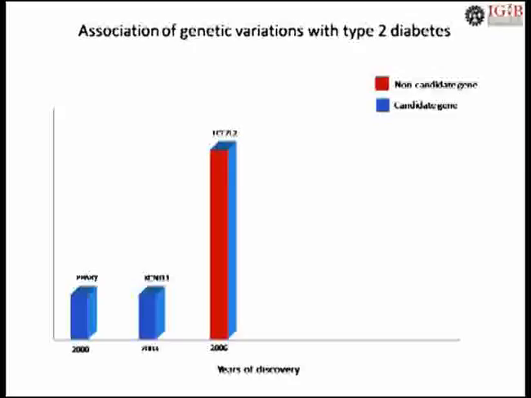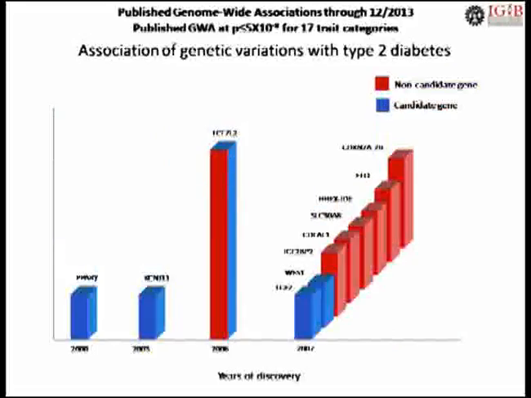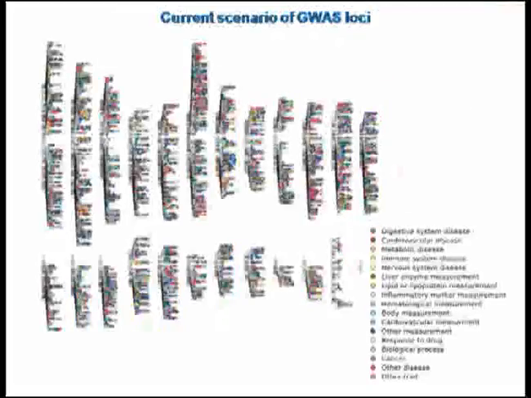Then with the invention of new tools, all of a sudden we find these all human genome related new toys. These are the new generation sequencing machines, GWAS readers, all of those new techniques. And all of a sudden in 2007, you will find there are lots of variants at a time. So it gives you all of those new genes and new biology on a platter. And this is the current scenario of the chromosomes. If you take the GWAS discoveries over all of those complex diseases, it looks like all their chromosomal positions are full with those susceptibility genes.